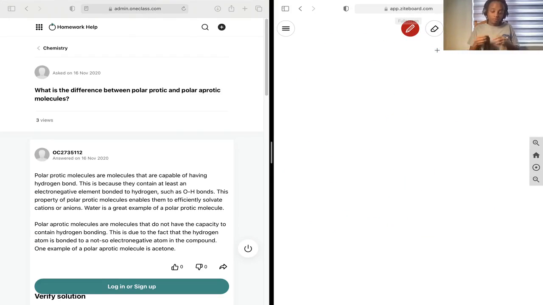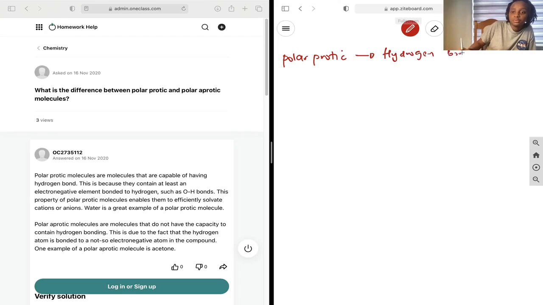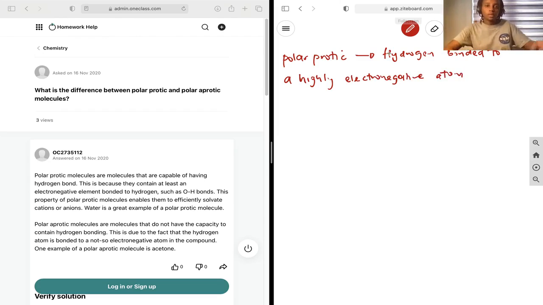Okay, on to our next question. We are looking for the difference between polar protic and polar aprotic molecules, and it all lies within hydrogen bonding. So in polar protic, we tend to have hydrogen bonded to a highly electronegative atom. And if we just look at the periodic table,